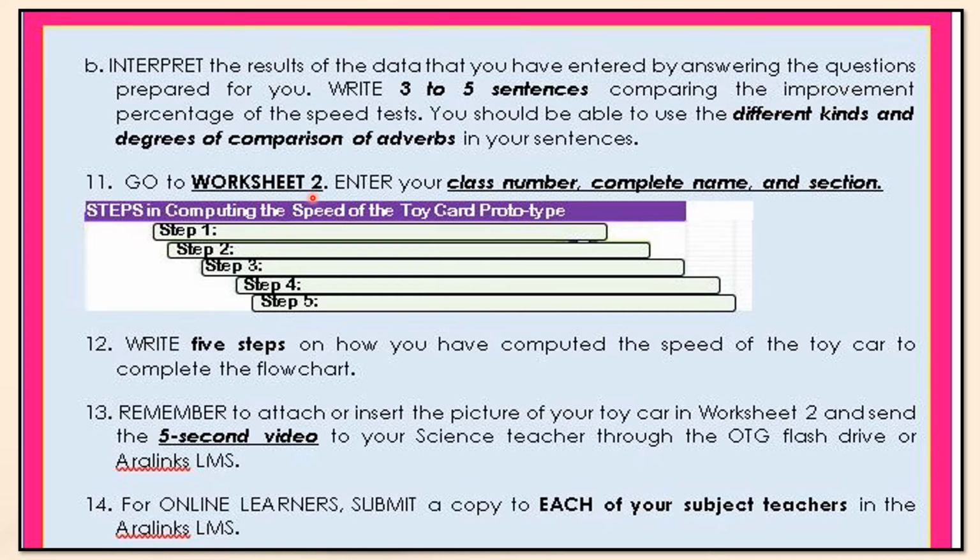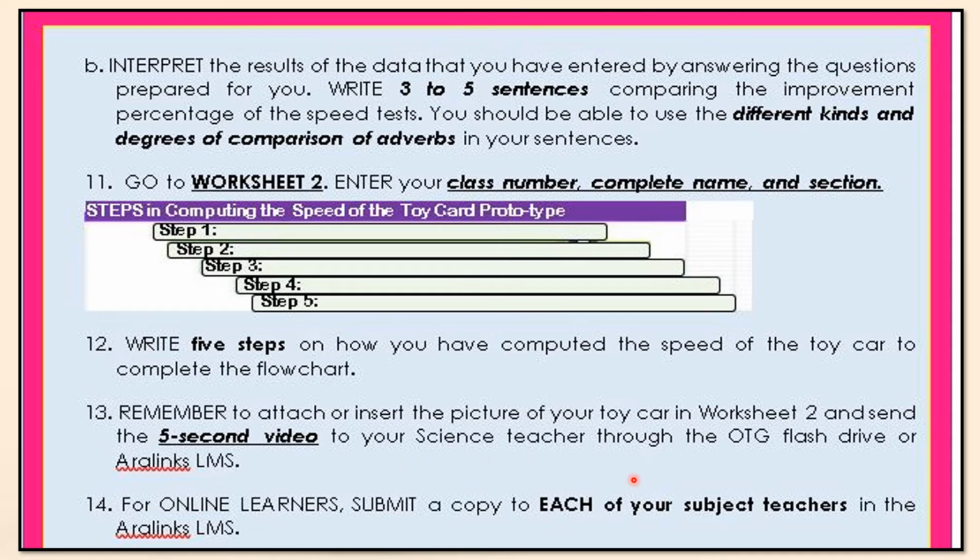Now go to worksheet 2 of your Microsoft Excel application. Again, enter your class number, your complete name, and section. Write 5 steps on how you have computed the speed of the toy car to complete now the flowchart above. So you are going to write now step 1 up to step 5. Remember to attach or insert the picture of your toy car in worksheet 2 and send the 5-second video to